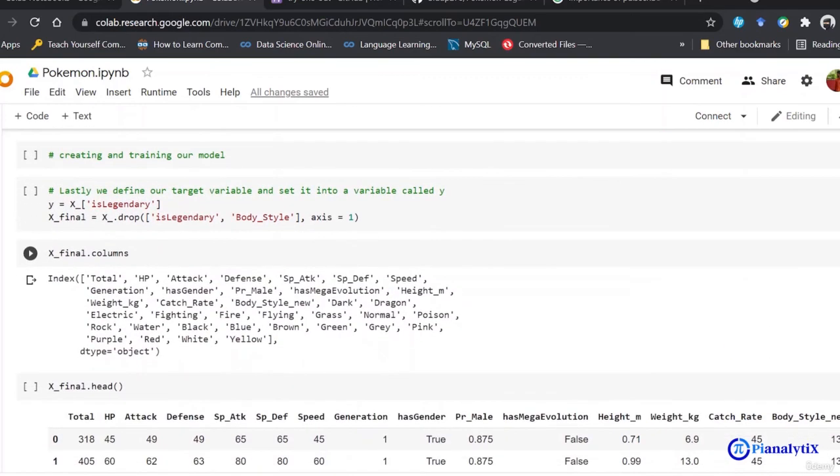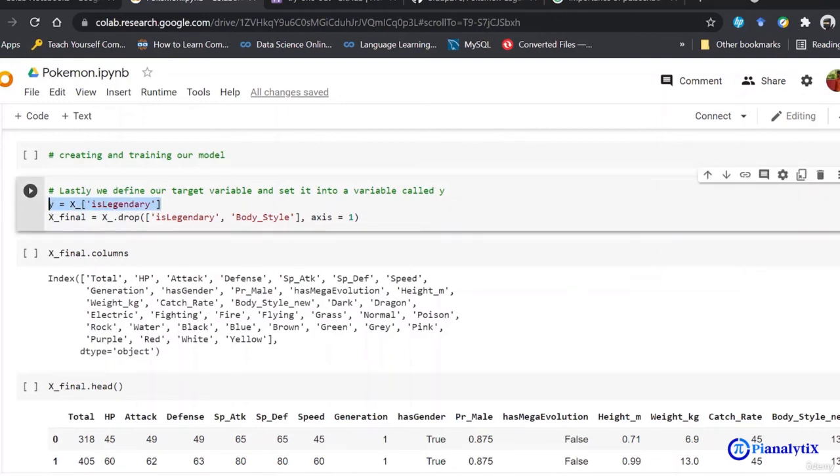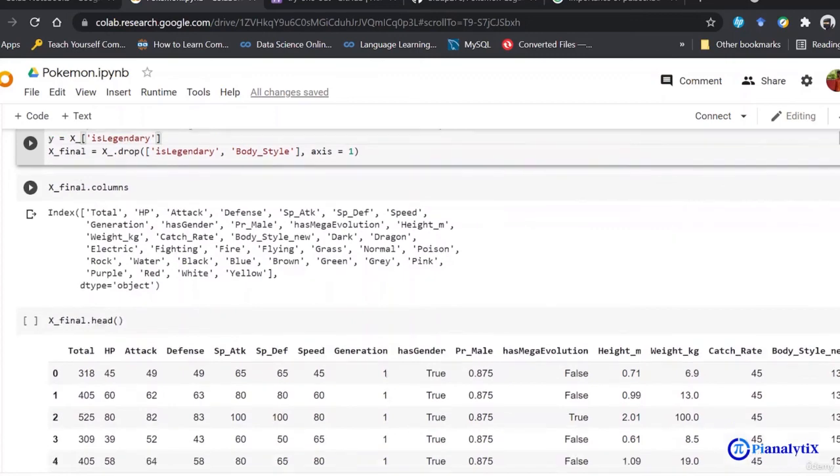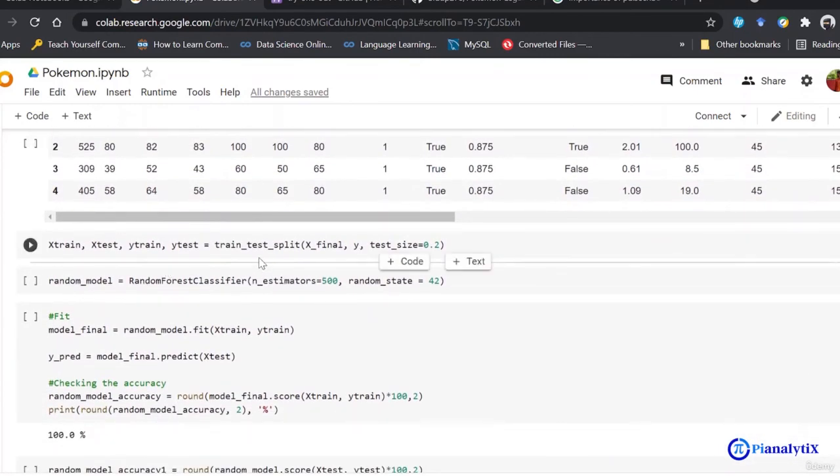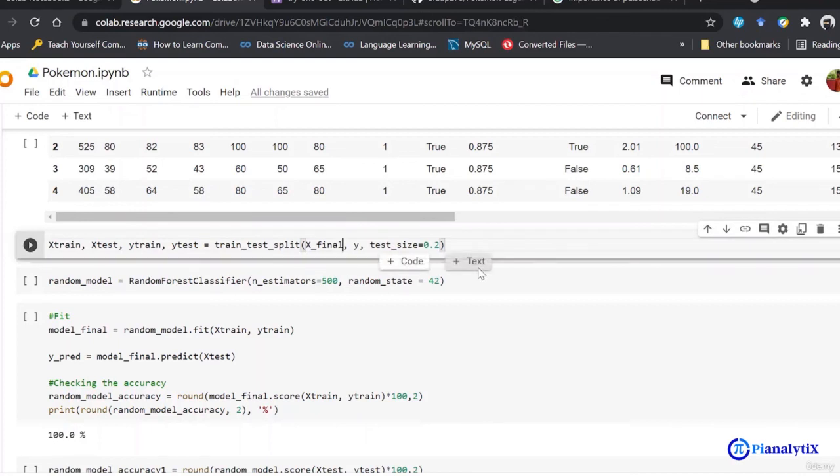So finally, we come to the part where our model is actually starting to get trained. So we are specifying our target variable, and after that we are using our train test split function, which is telling it to split your data in the ratio of 8 is to 2, where the 8 part would go into your training set and the 2 part would go to your testing set.